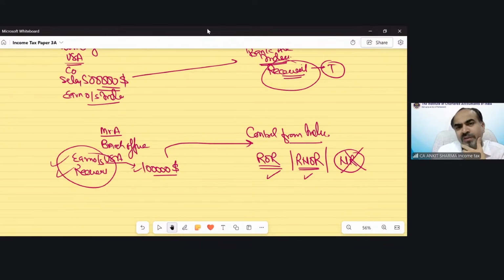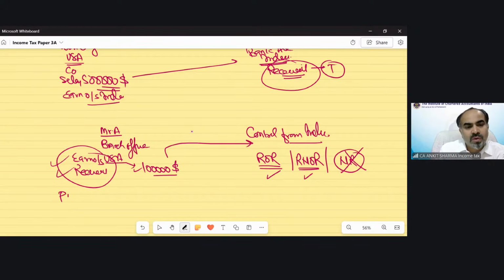Now the fourth case would be what? The fourth case would be exclusive everything: earning outside India, received outside India, and even business controlled outside India. That means no connection from India. You are earning income outside India, you are receiving income outside India, and your business is not controlled from India also. Suppose